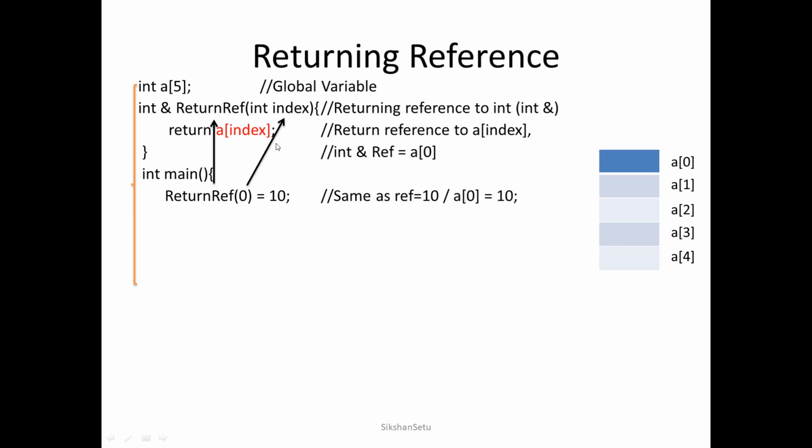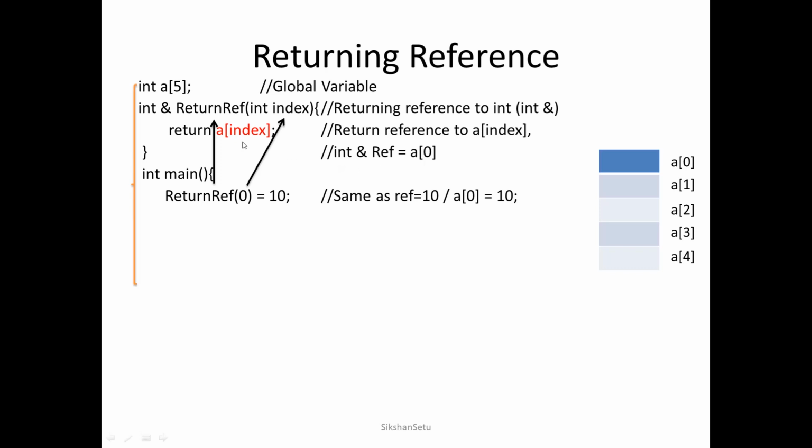Let's understand it with another example. The reference of this particular a of 0 will be returned. We assume that there will be one anonymous variable named ref. I have taken it here; it is not written anywhere, but it is an anonymous variable.